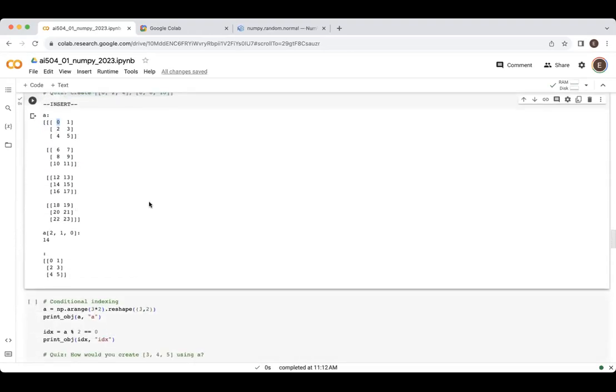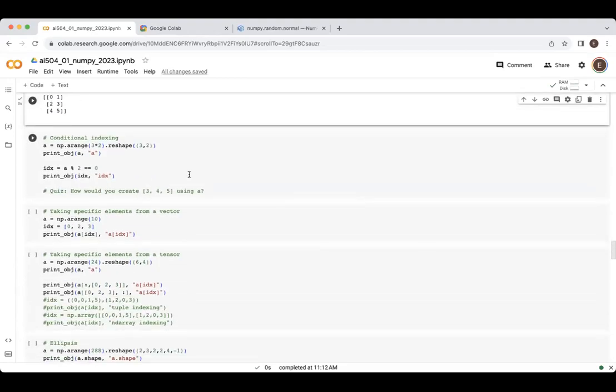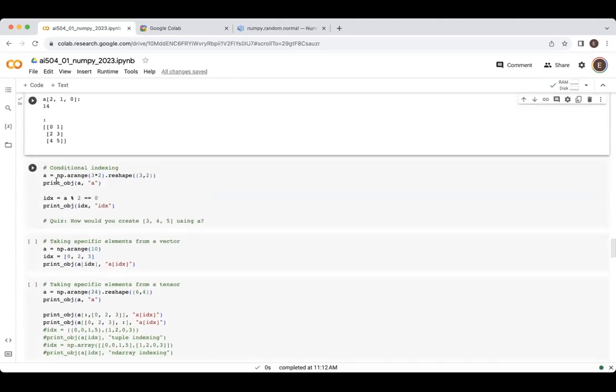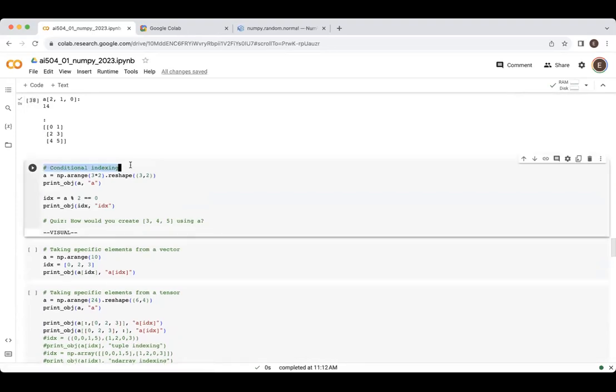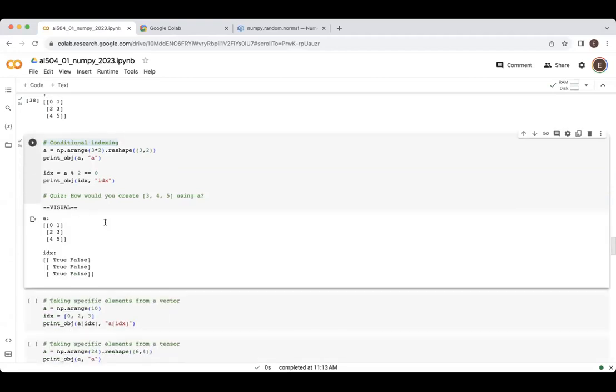All right, moving on then. We've got a lot of things to cover, actually. So conditional indexing. This is a bit of a trick that you would sometimes use when manipulating your matrices when you're handling your neural network model. So let's try this out. So A looks like that. A is a 3 by 2 matrix, and your index is